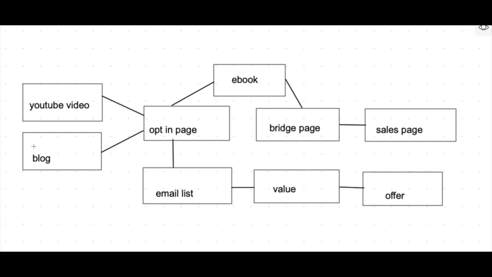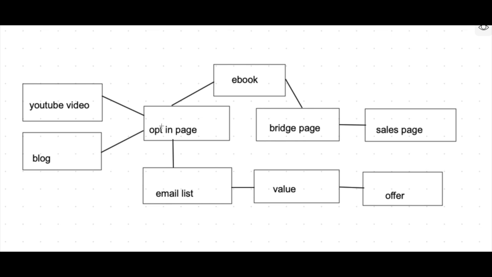You're going to tell them in all of your blog posts and all your videos that there is a free ebook in the description and that they can have that for free, obviously, because it's a free ebook. So you write that ebook and you have that, but they have to opt in first. So you're going to have an opt-in page, or a landing page. It doesn't matter what you want to call it. So when they land on your YouTube video, they click on the link and they get sent straight to the